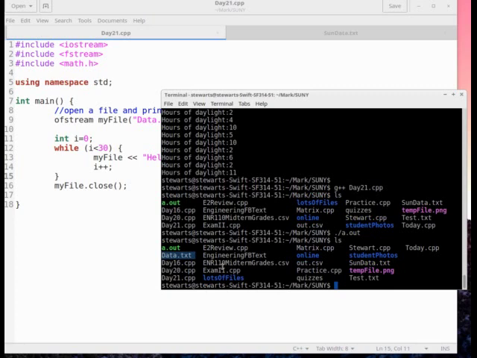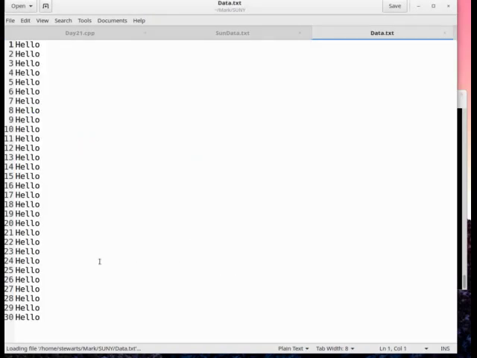If you want to see what's inside of that file, you could open it, and most of you are using a Windows machine, so you would type notepad space data.txt. I'm using a different text editor, but that doesn't matter. So I'm just going to open up mine, and you can see it has put the word hello to the file 30